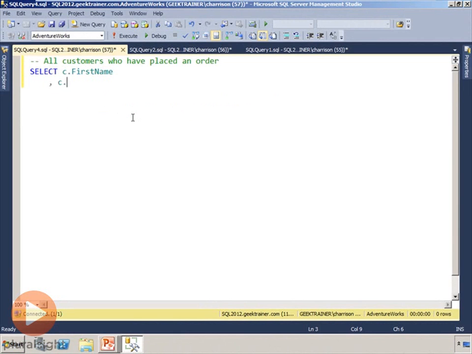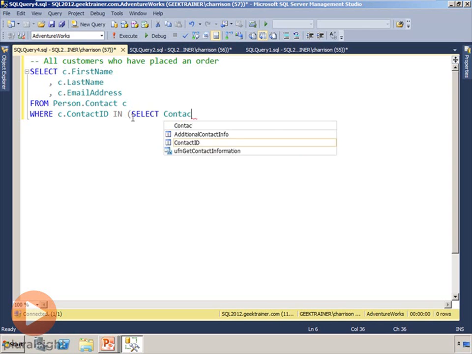C first name, C last name, C email address from person contact C, where C contact ID in, and then now our subquery, select. And when you're creating a subquery that's going to go into a where line through a predicate, we're only allowed back just the one column there. So if I'm using IN, I'm only allowed back just the one column. I'm going to say select, and let's say contact ID